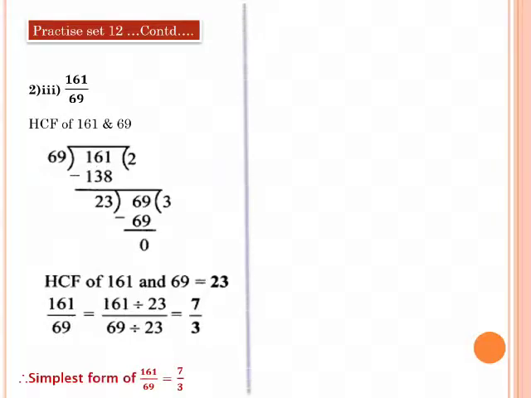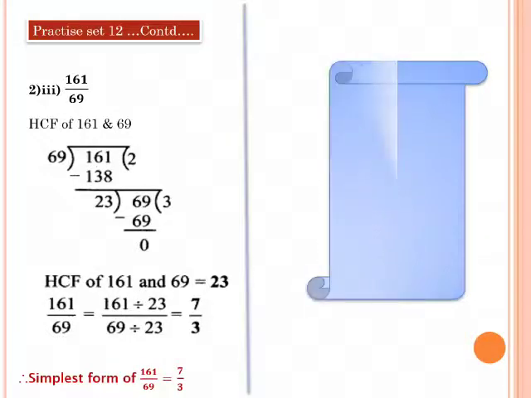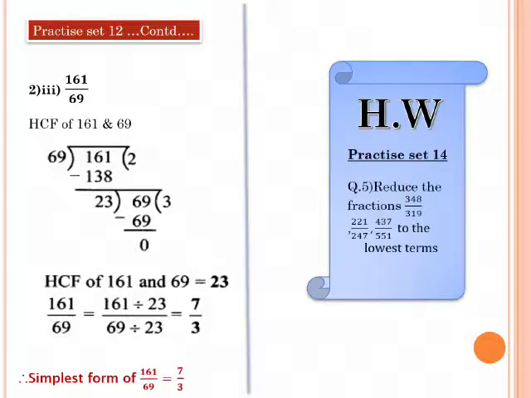Now you have homework here, children, which you have to solve from problem set number 14, question number 5. Reduce the given fractions into the lowest terms. I hope everybody has understood whatever has been discussed in this video for today, and I hope everyone will write all the solved examples, all the solved practice set sums and the homeworks asked in your Max notebook. You keep your Max notebook complete and give it for checking whenever the school reopens.